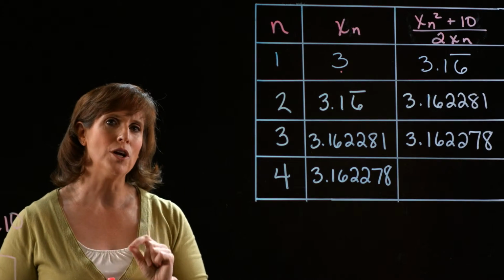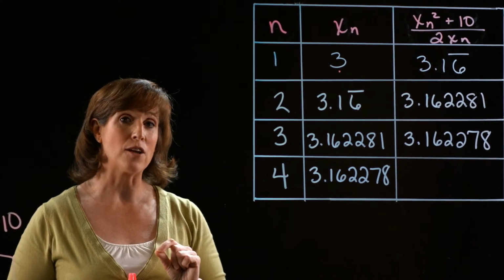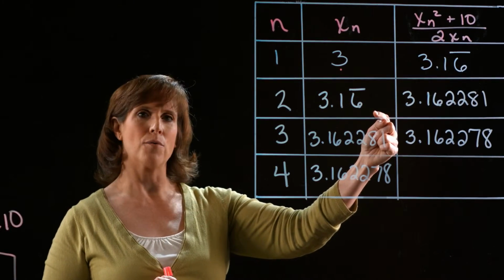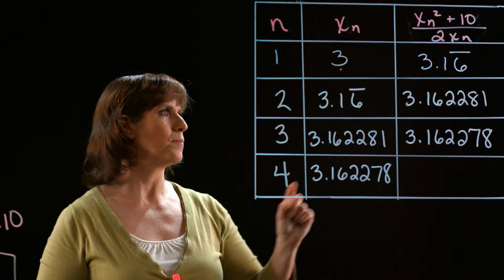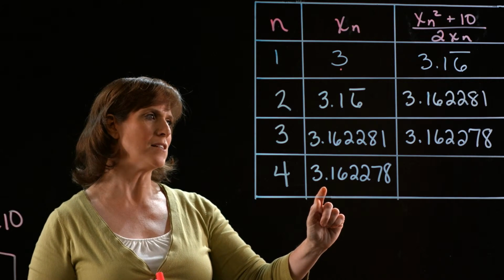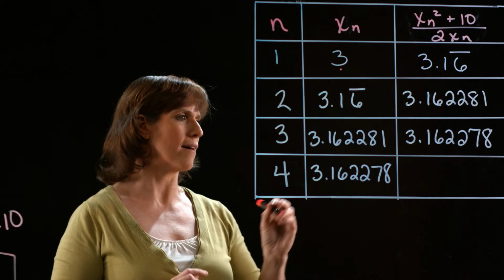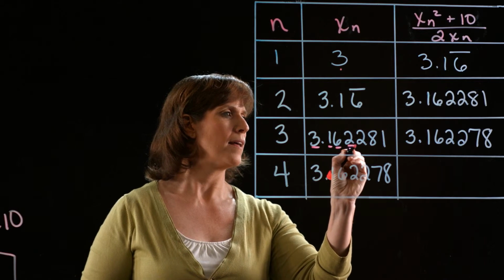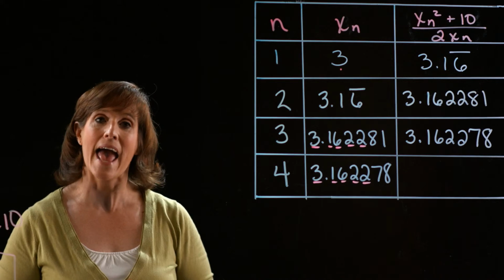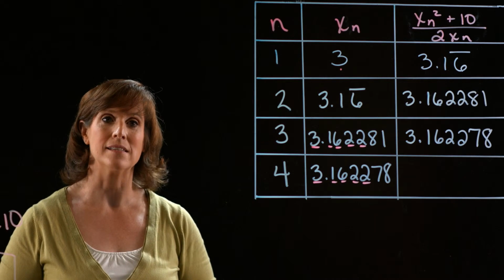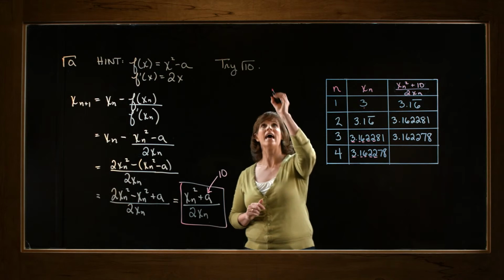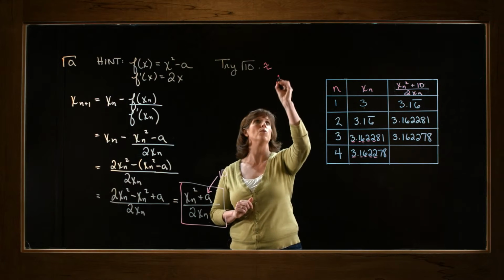But remember, I'm looking for a result that's accurate to 3 decimal places. And as I've gone through the first 2 iterations, I'm not accurate enough yet. So I keep repeating the process, and finally when I get to this 4th iteration and I compare my values, I notice that I am within 3 decimal places accuracy. So this is telling me that the square root of 10 is approximately equal to